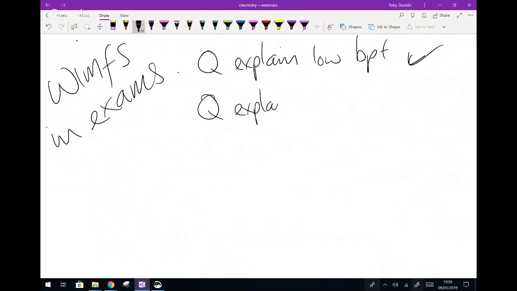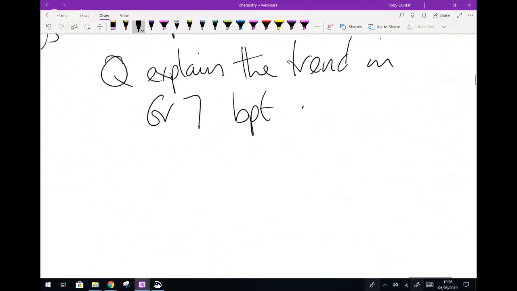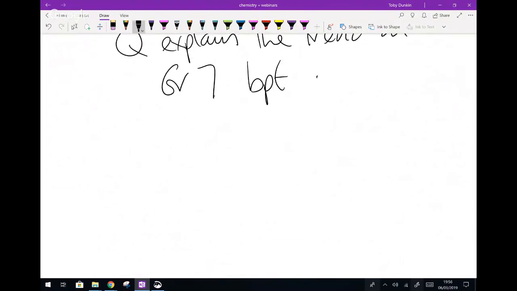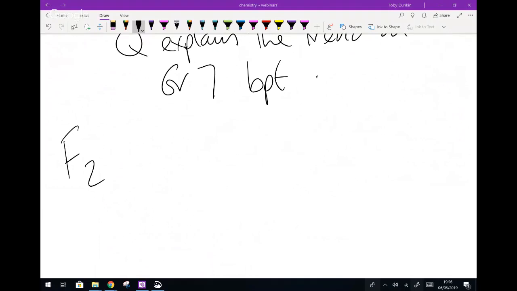Explain the trend in group 7 boiling point. So what happens in group 7? So we've got fluorine. Terrifying fluorine. Fluorine has a boiling point. This is where,